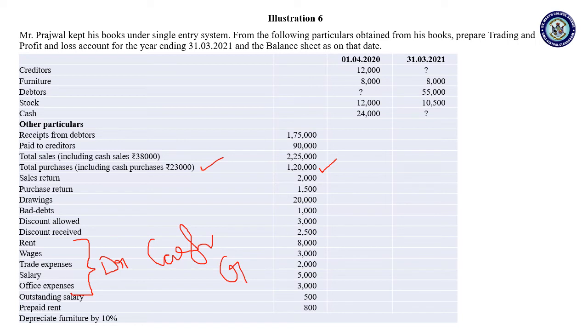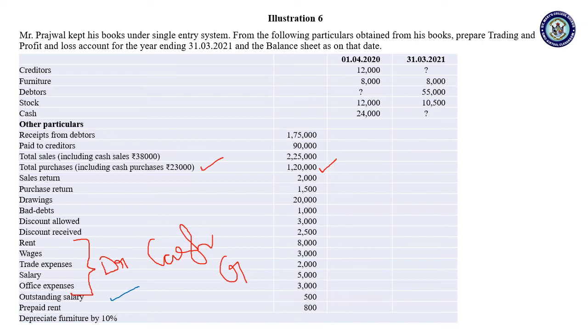And the other 2 items, the first one is outstanding salary. Outstanding is not yet paid. You didn't pay the salary, which means the cash transaction is not yet done. So it will not affect your cash account, and it will not affect any other ledger account like debtors or creditors. So we need not pass the journal entry. If that salary is affecting any of the ledger accounts that you are going to prepare, then you pass the journal entry. That's all.